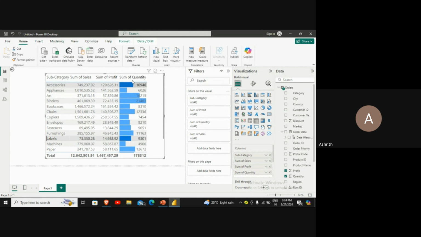To get clarity on this, I am going to sort the entire sum of quantity column in ascending order, right? So if you can see, the entire table reorganizes itself in the same perspective. So in terms of quantity, we can understand that binders is the subcategory with the highest quantity, right? Instead of checking each number and verifying it, if you can observe the pattern in these bars, you can understand